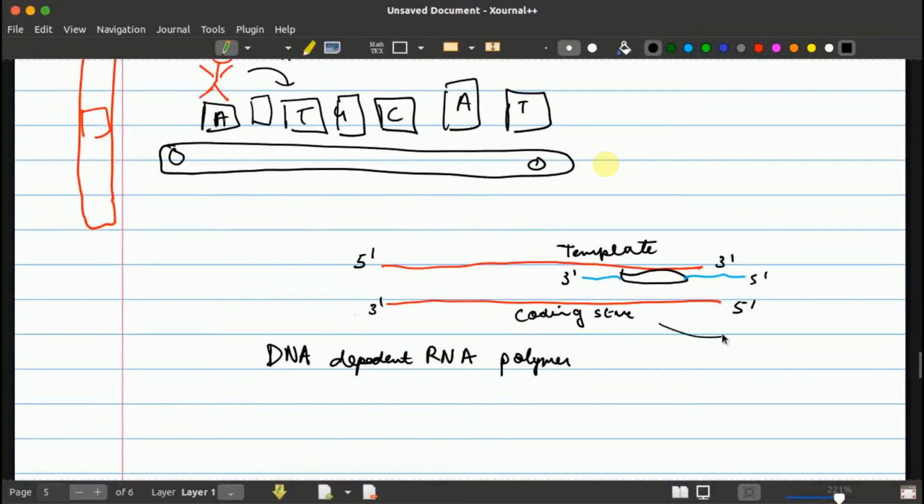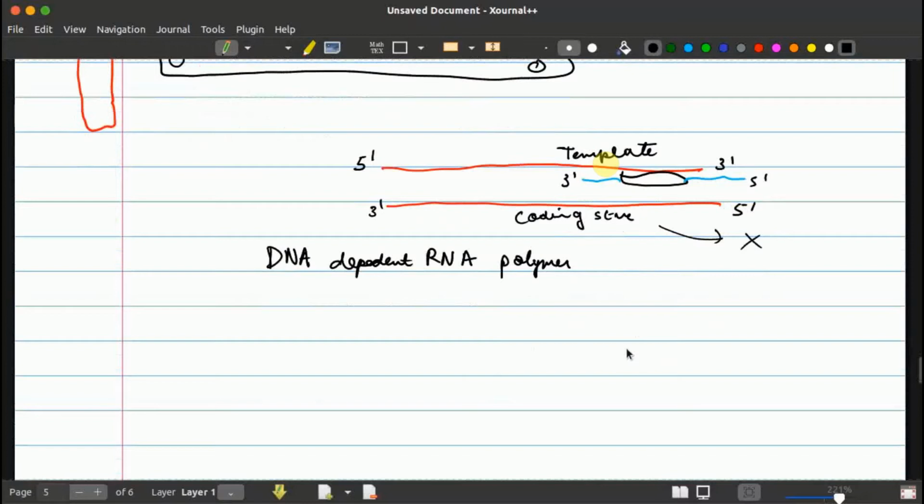So this actually doesn't code for anything. So it's a bad name, but it is the code. Coding strand gives you